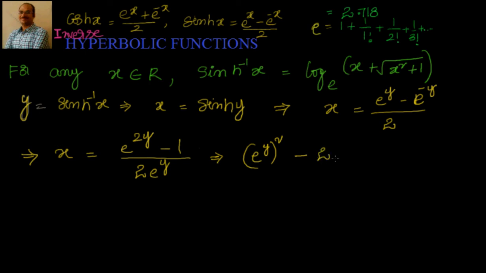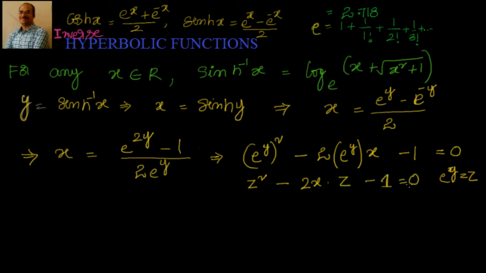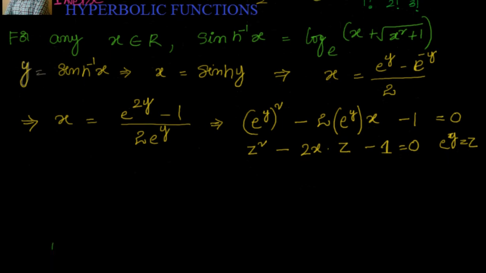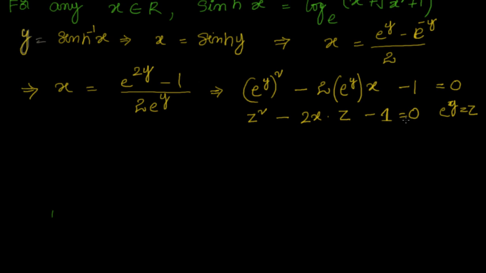to 0. Now if you take e power y equal to z, this is nothing but z square minus 2x into z minus 1 equal to 0, which is a quadratic equation in the form of ax square plus bx plus c, where x is z now. So z, or e power y, is nothing but equal to